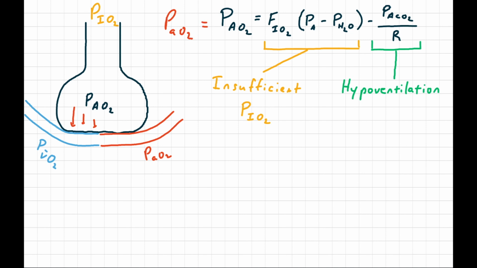And in this model, the two ways that you can wind up with hypoxemia, or low arterial oxygen partial pressure, are first, to have insufficient inspired oxygen, usually due to altitude, but possibly in some odd scuba diving accident due to low FiO2, or second, you can have increased alveolar carbon dioxide partial pressure due to hypoventilation, which will also cause hypoxemia. The reason I bring these causes back up is that there are two questions that are frequently asked